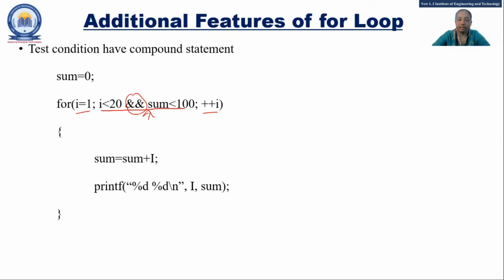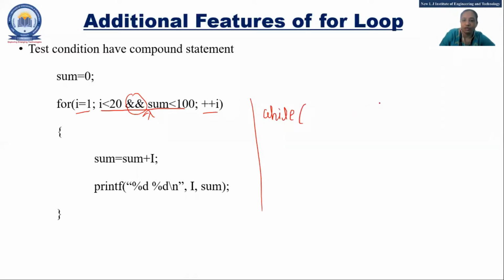And we have seen the additional features of the for loop. If you want to initialize more than one variable, or do updation of more than one variable, then it would be separated by comma. Now, if you want to combine more than one condition, you can't use a comma. Compulsory, you need to use logical operators. This example I have given in a for loop, but the same will be applicable to while also.